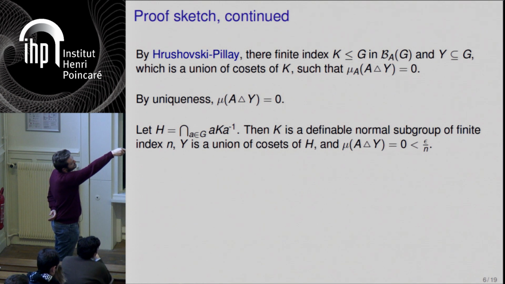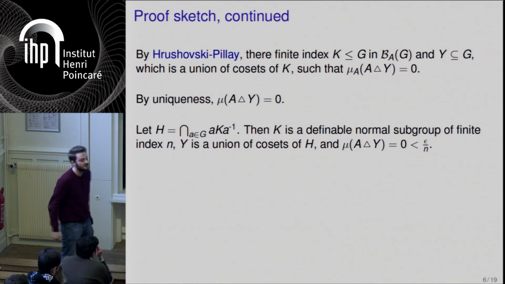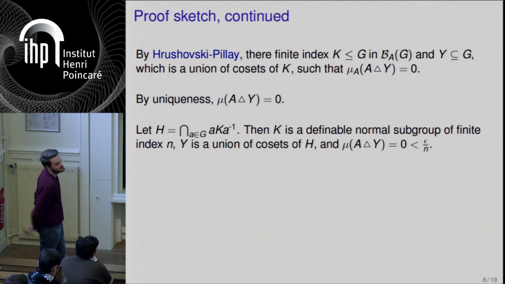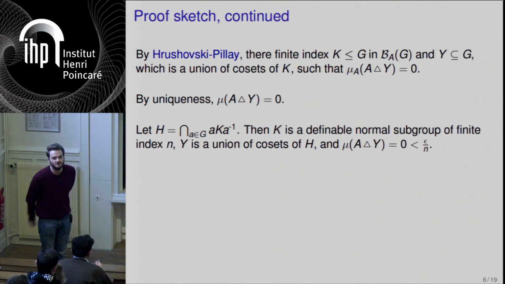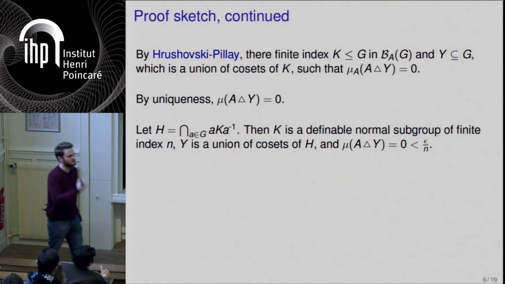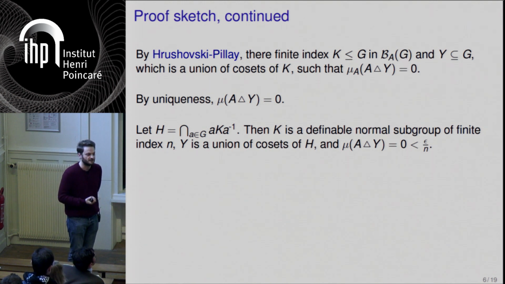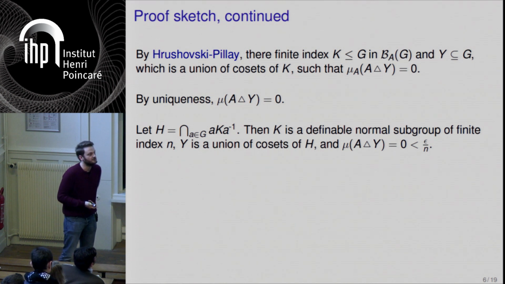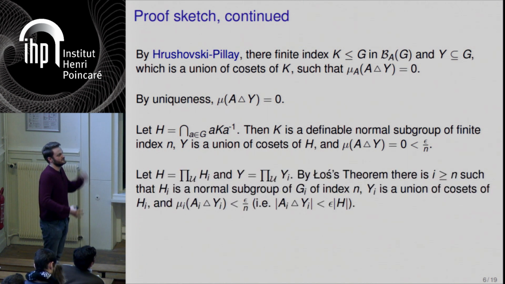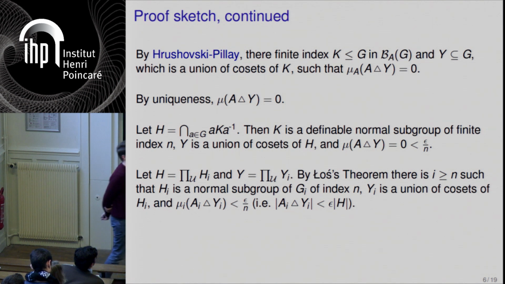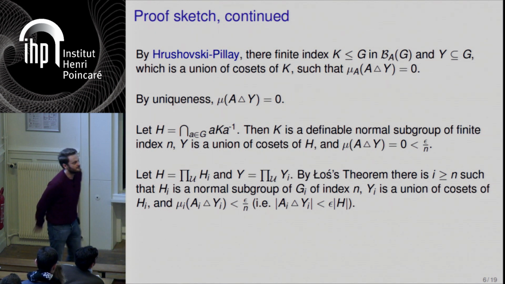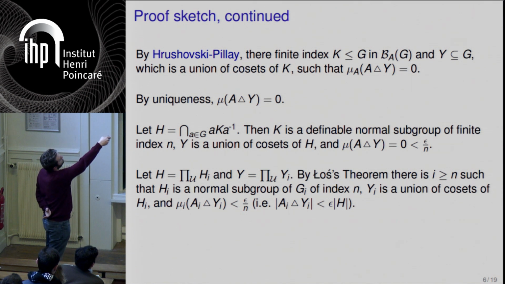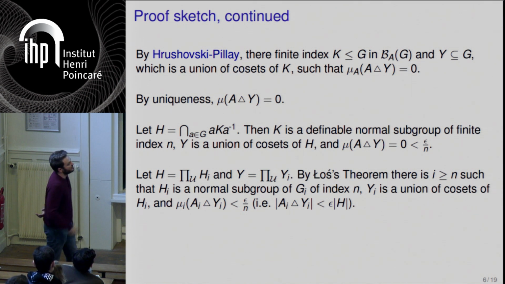And I'm making this note that the measure is strictly less than epsilon over n, where n is the index of H. And why am I making that note? Well, because it's true and because it's something I can bring down in the ultraproduct. Measure 0 I can't bring down so well, but measure strictly less than epsilon over n I can bring down. And so that's what we're going to do. H is an ultraproduct of some H_i's. Y is an ultraproduct of some Y_i's. And by Łoś's theorem, this property in the previous paragraph happens for